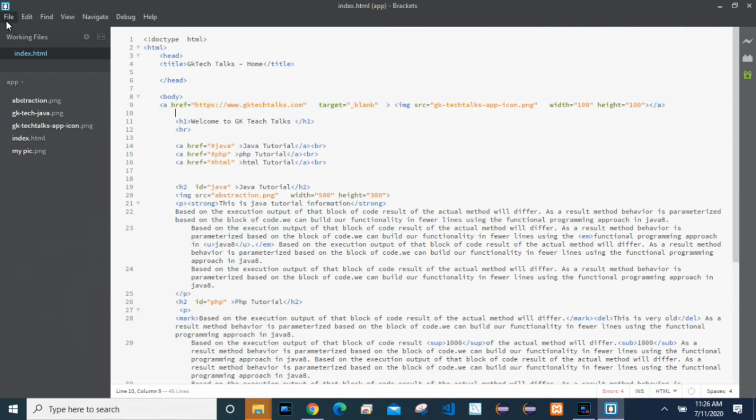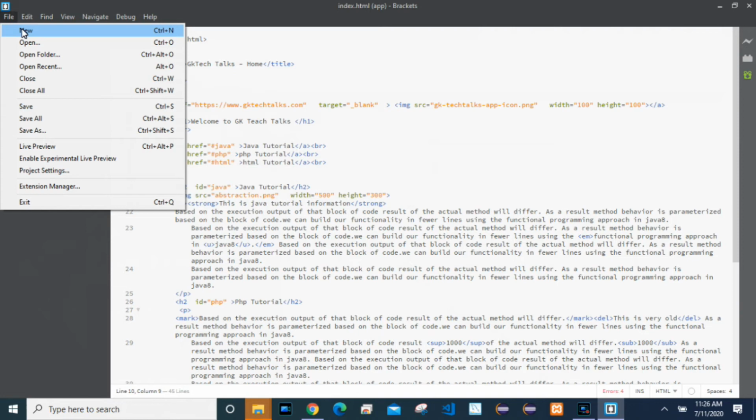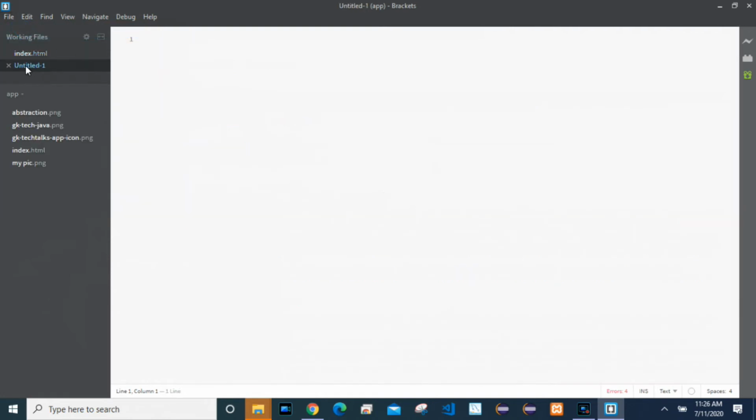Now I am creating one more file. I'm just giving the HTML structure, head and all the required tags, right? Add title, sample.